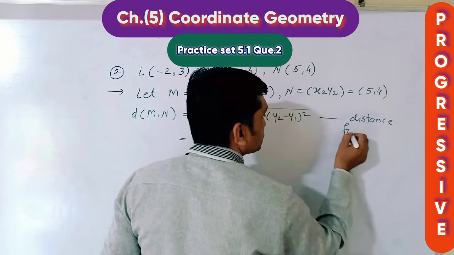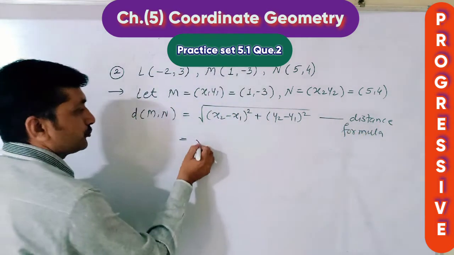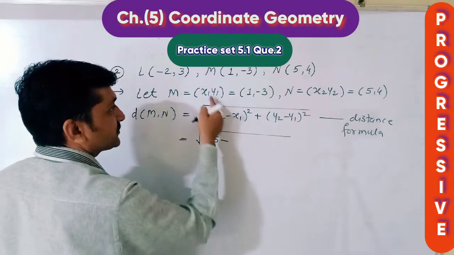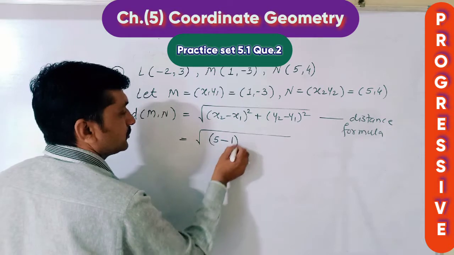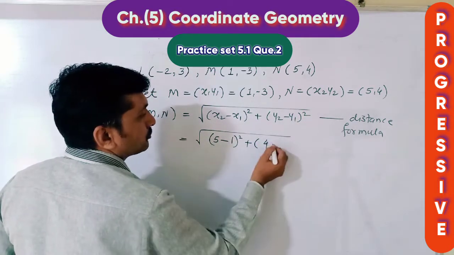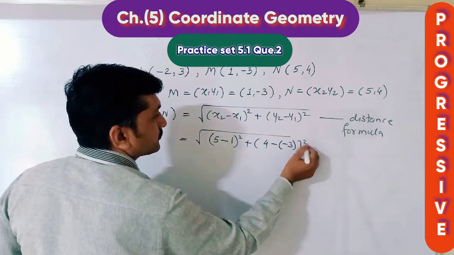Always try to write the support of this. Now put values: x2 5 minus x1 1 bracket square plus y2 4 minus y1 minus 3 bracket square